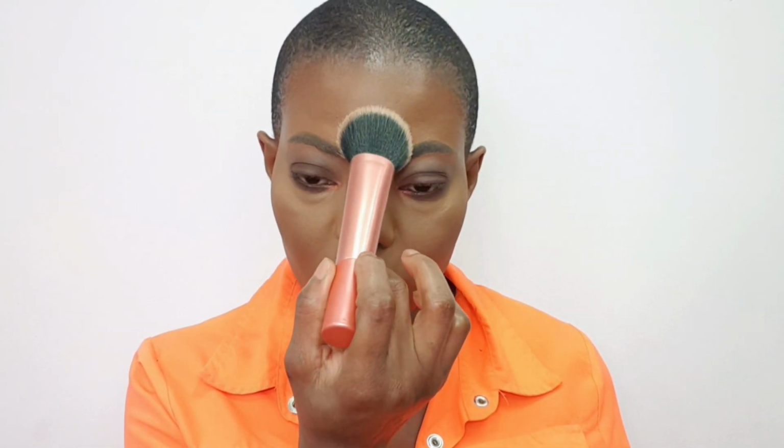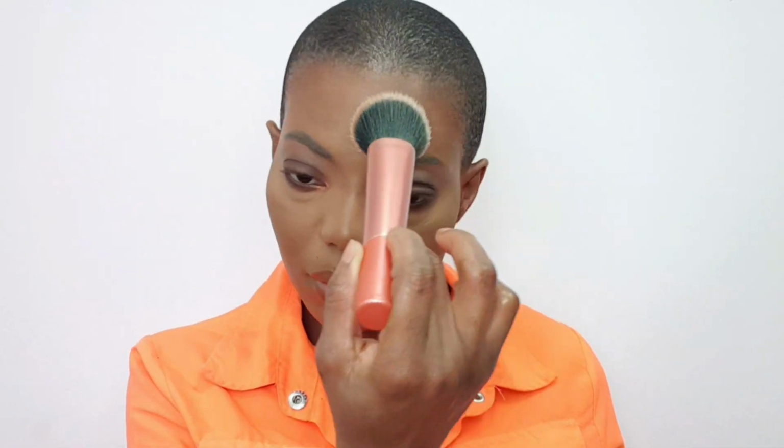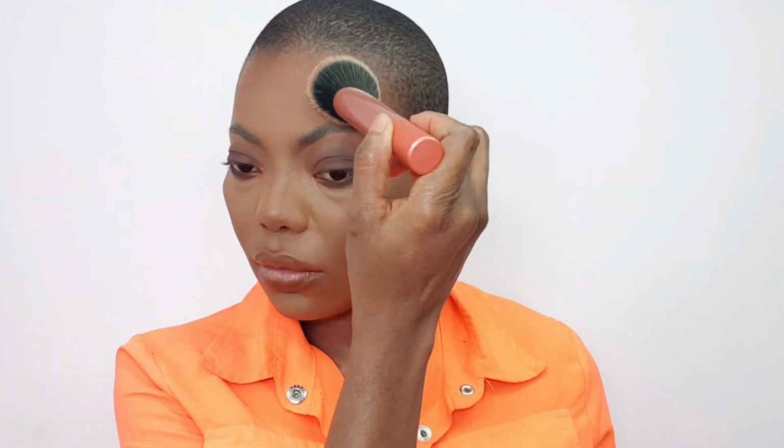You have to tap it off to make sure that there is no powder in the brush. No powder like that. So you tap it off. And when there is no powder in the brush, you don't have harsh lines. You don't have any powder sticking on one part because it can be really messy. And that can ruin your makeup. And lightly tap, push it into the skin. Now after doing that, before you apply it on the areas where you contoured,